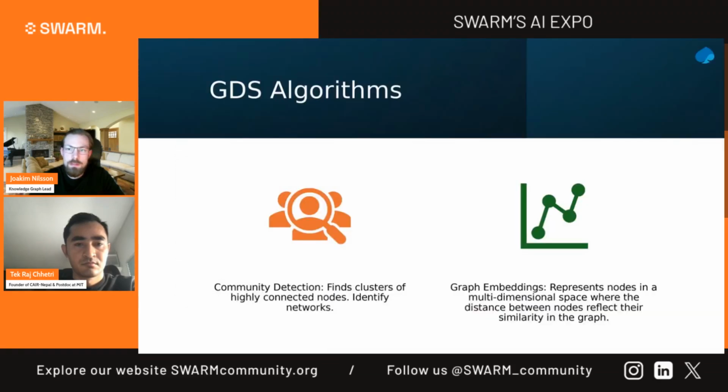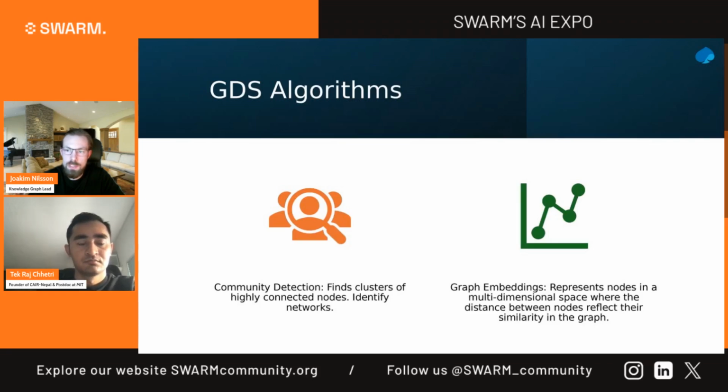And then some of the algorithms here that I've been working with, that are available as a plugin, are community detection algorithms, where we can find clusters or groups of highly interconnected nodes in a graph. In fraud detection, this can help identify suspicious groups or rings of users, accounts, or transactions that interact more frequently with each other than with the general population. And fraud rings often show up as tightly connected communities.